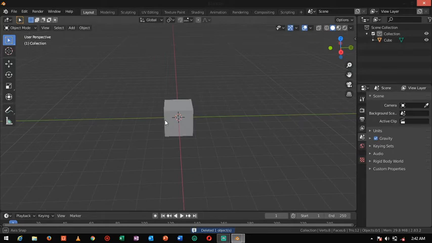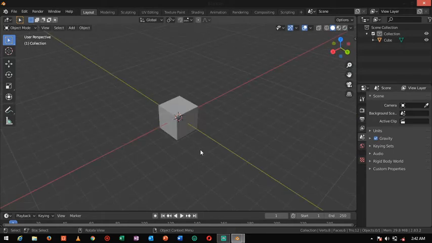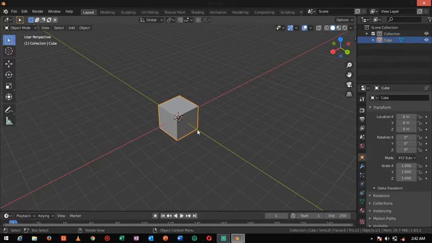In Blender, you should know some hotkeys. E for extrude means increasing the size, and G for grab. If you select this, you use grab.